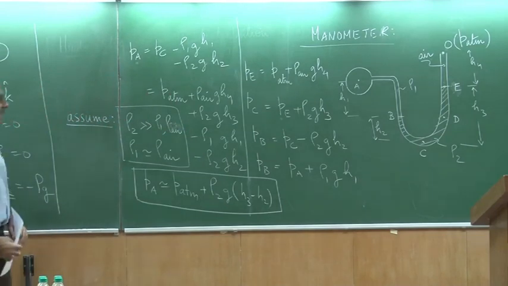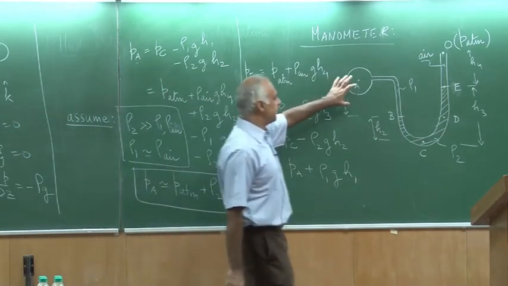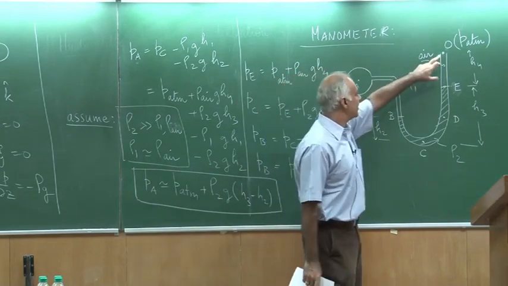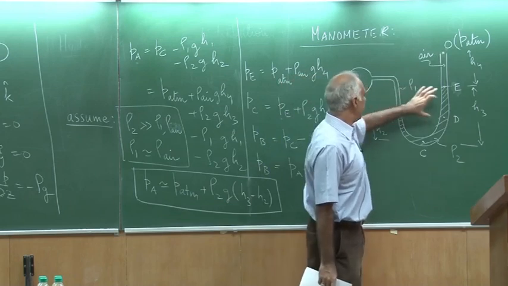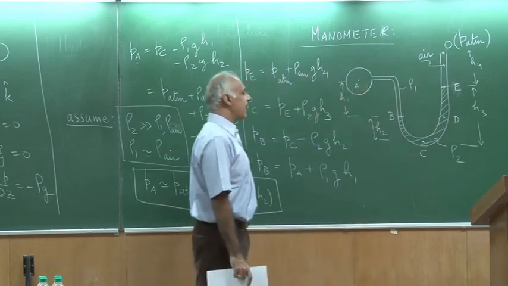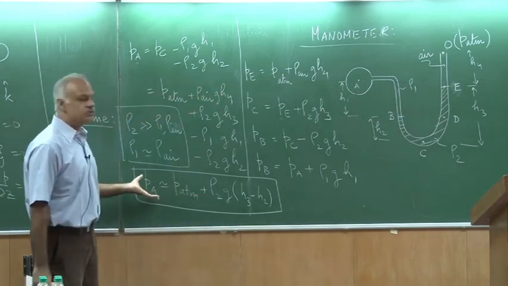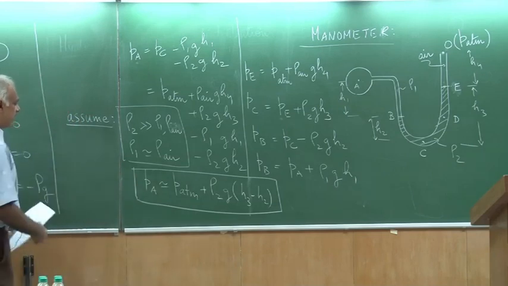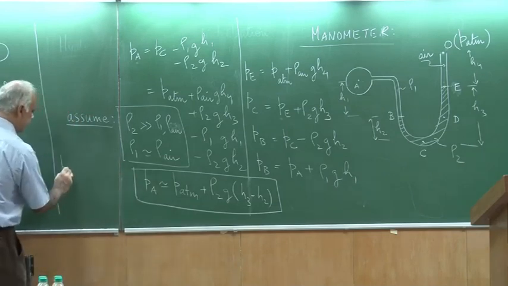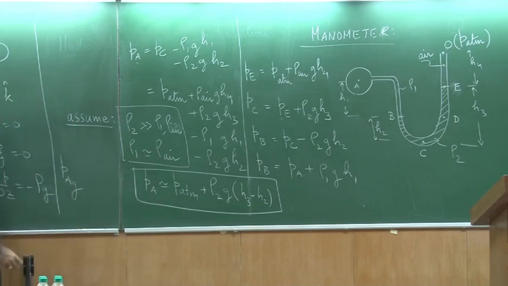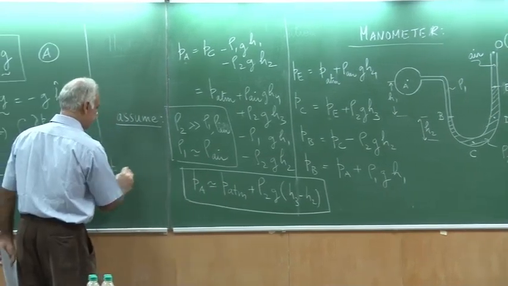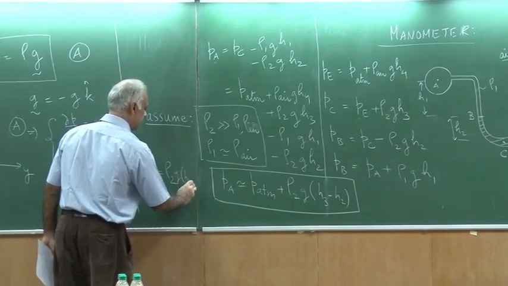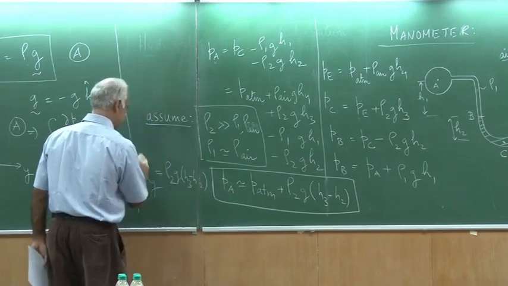So I can have a very nice device now. I can connect this device to any pressure that I would like to measure. I already know there is an atmospheric pressure, and the difference in the heights of the two columns can be used to measure the pressure difference. In fact, you can see from this that if I am interested in the gauge pressure, then I can take away the atmospheric pressure, and this is simply rho 2 times G times H3 minus H2.